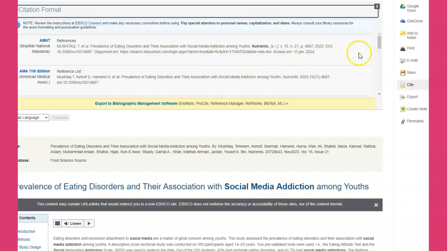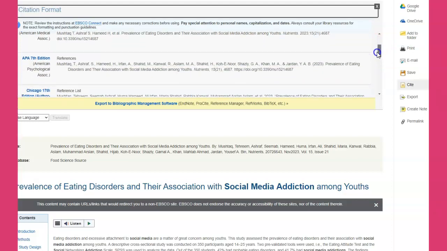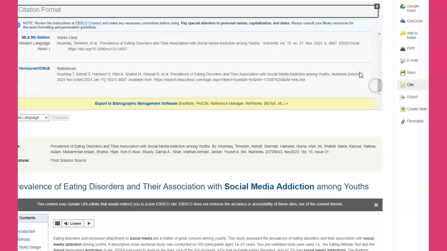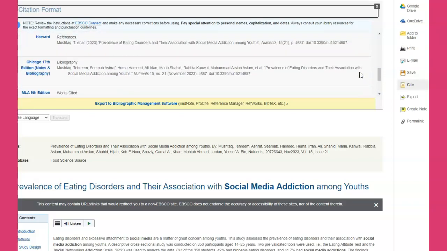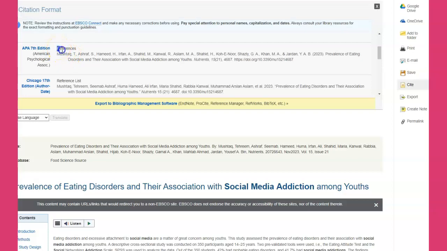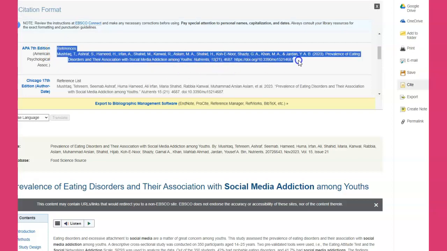Okay, so it's going to ask you some different citation references. None of those are any good, right? Here we go. Well, okay, now that we've got a number of different citation formats, but see, what you got to do is this is APA, right? So all you do is you go down, you copy that, right? And then when you get ready to write your paper or your article, you put that